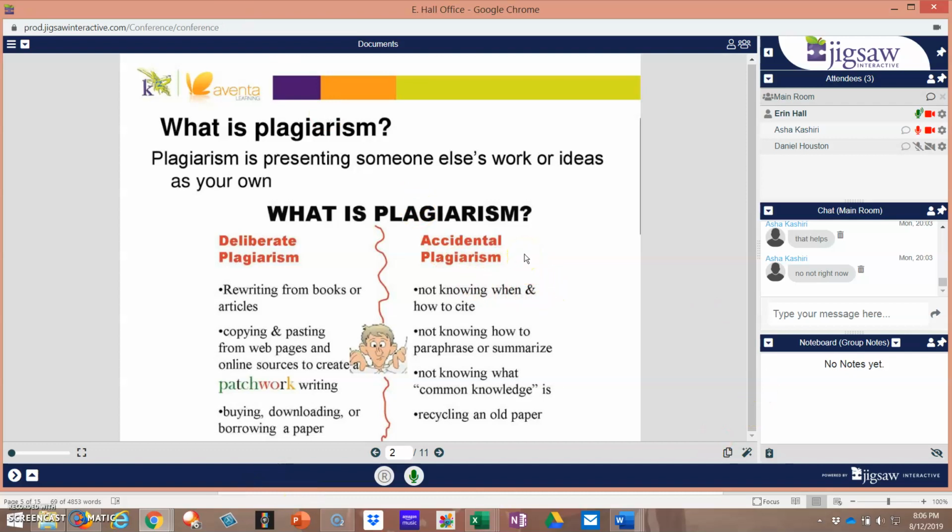Accidental plagiarism: not knowing how to cite. If you're unsure going in how to cite something, please reach out. I've also provided sources in your course homepage under the links section for help with citing through the Purdue OWL. For psychology, which is a social science, you should be using APA. But in my on-level psychology classes, which would be Psychology A or Psychology AB, I would accept MLA. For the AP psychology students, they should be using APA solely for citing their work.